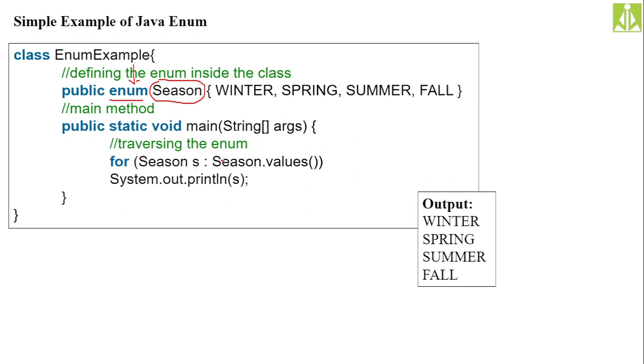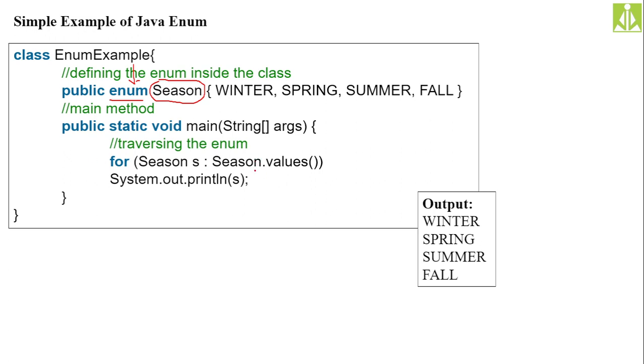About this advanced form of for loop we discussed in your second unit, we have two different forms of for loop. One is the regular traditional form, and the second one is the one which works like an iterator. So every time from this Season enumerator, it will take one value and put it inside this s. How long will this loop iterate? As long as you have values inside this Season. Once the values are over, this loop will break.